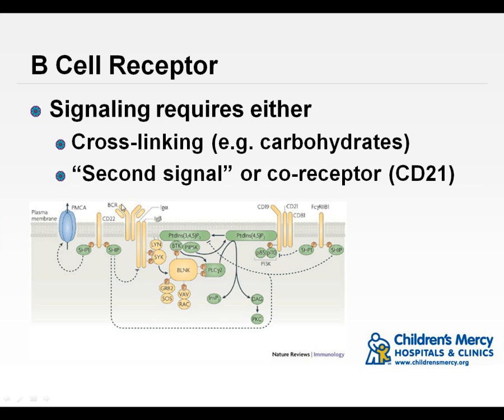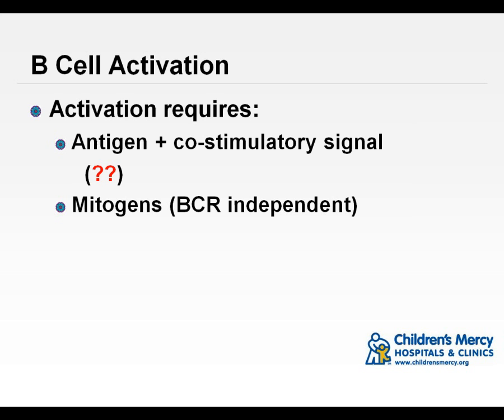So here's a nice picture where we have the IgM, and then you have your Ig alpha, Ig beta used for signaling, and then here you have your CD21, which is a co-receptor that can amplify that signal and make sure it's strong enough to get all the way to the nucleus. To get activated,